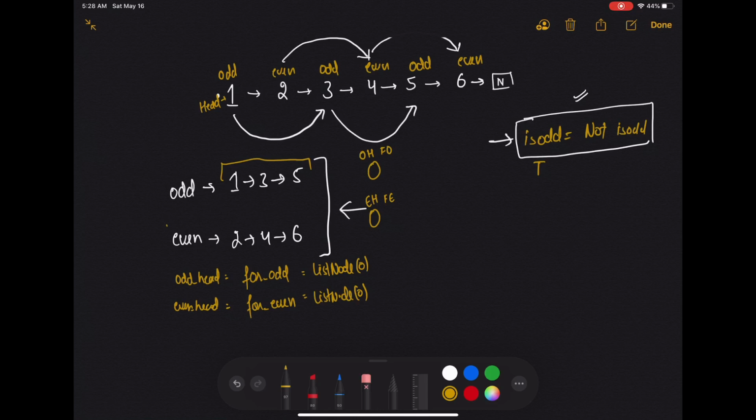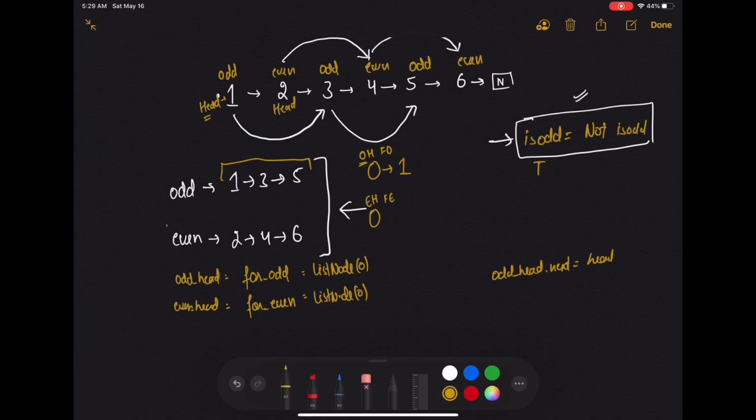Because we need to put this one in front of 0, oddHead dot next will be equal to head. That means 1 will come here. Now I'm going to point my head to head dot next.